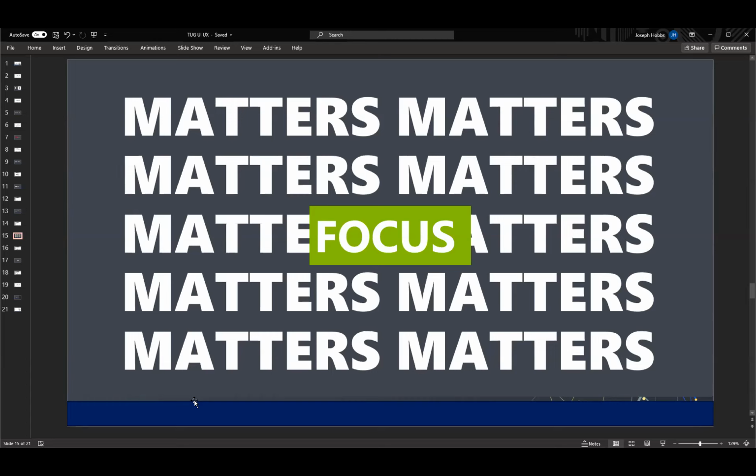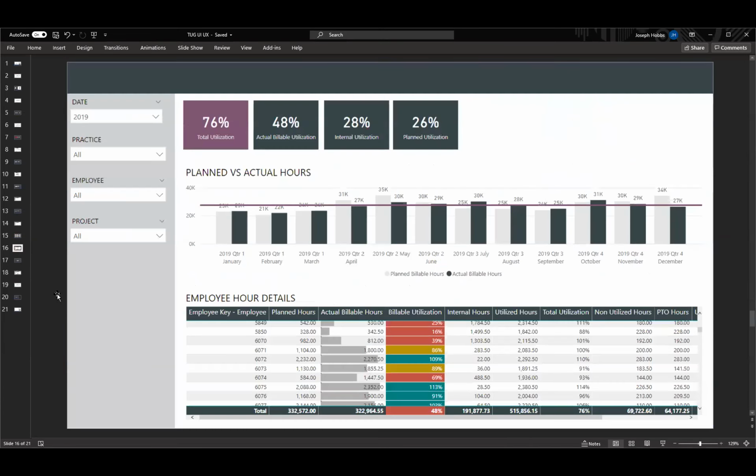And if that's the case, if you've got a clear action in mind that someone is going to take or a decision that they need to make, then you can come in and say, all right, well, where should the focus points be? So here I've added 3 distinct focus points. One of them is rather subtle, but it makes a difference. So in the top, you'll notice total utilization there. I've added some color to it.